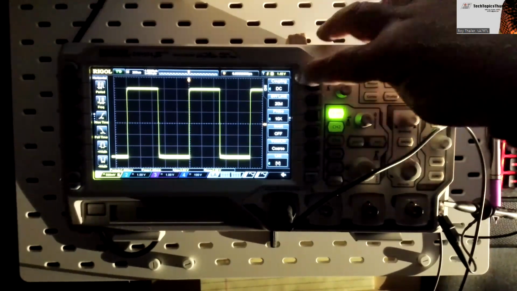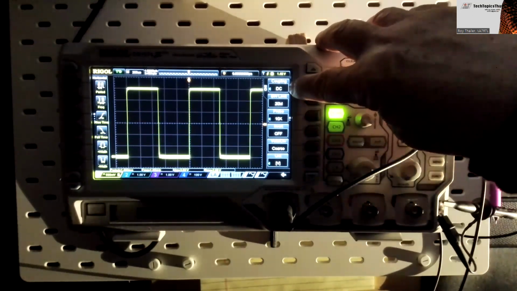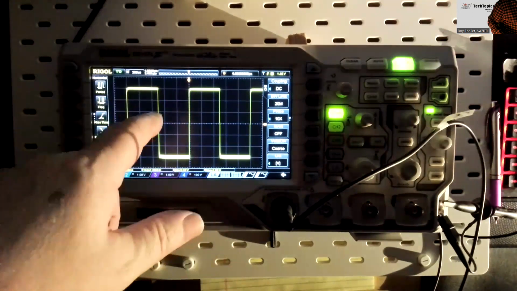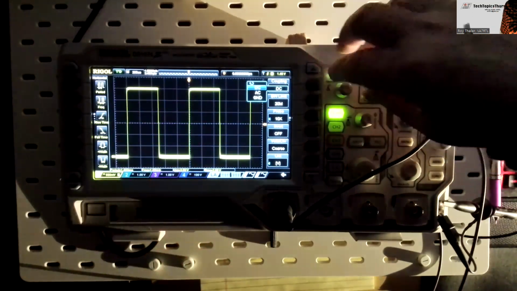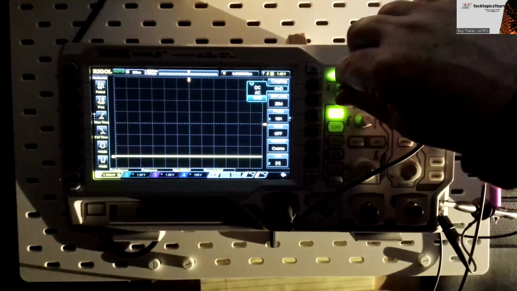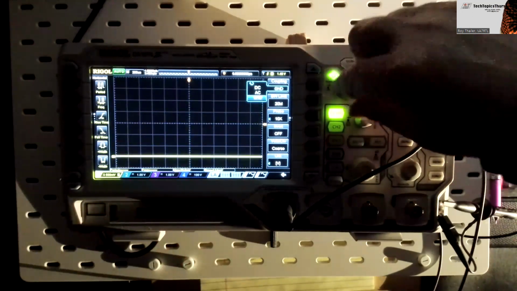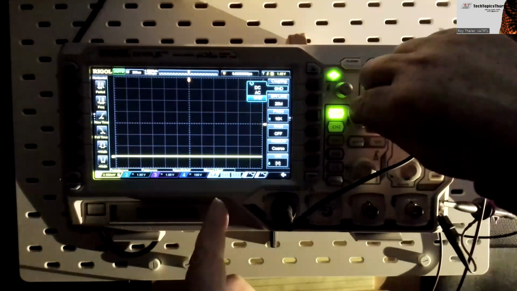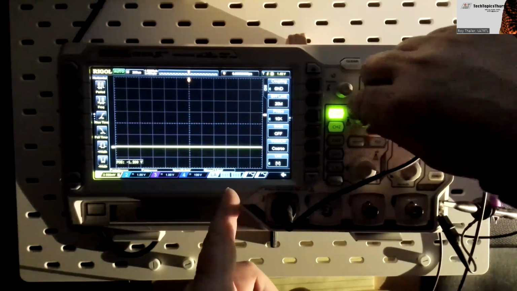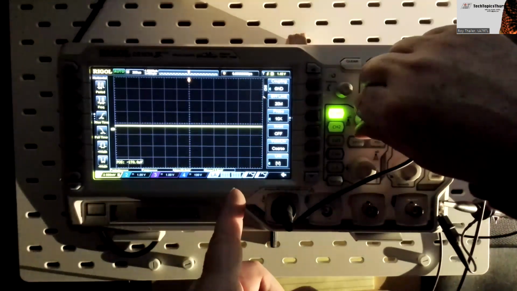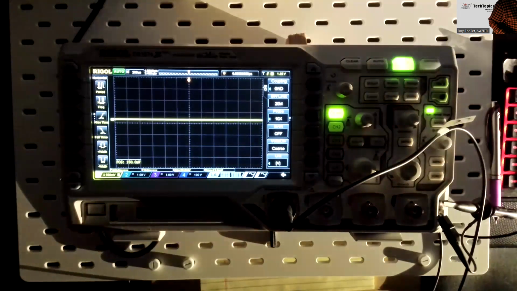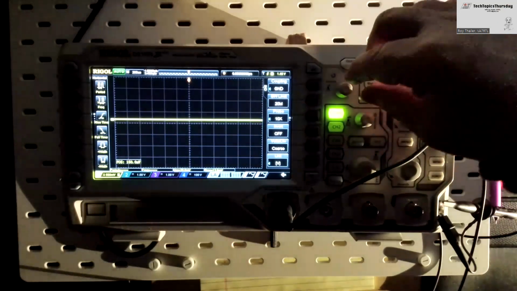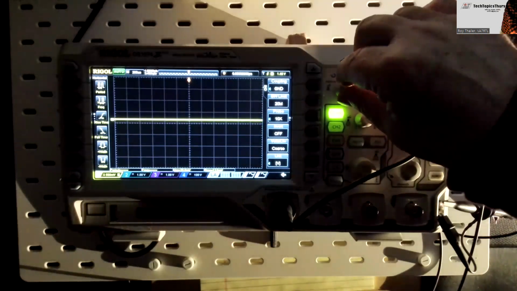Okay, so you have a choice of DC coupling, which basically looks at the AC signal and the DC signal. And when you switch this over, you can set it to ground, so you know where your ground level is. So you can set your thing up here, for example, so that your ground is at the center of the scale. And now when you switch this over